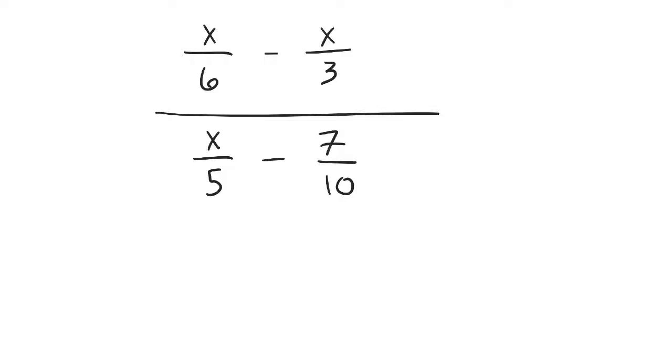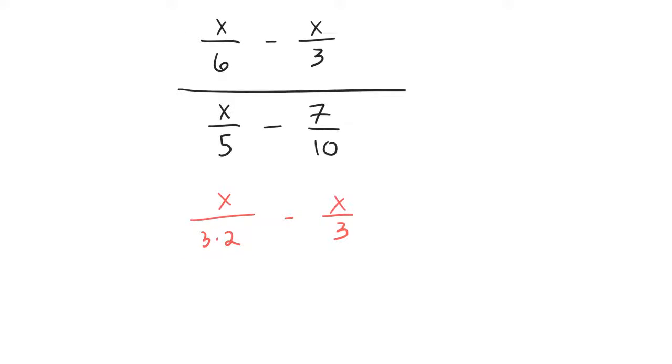Amongst all the denominators listed, what is the common denominator? Amongst all denominators. And if I don't know how to do it, what should I do with all my denominators? What do you start by doing with all your denominators? Yeah, factor them first. So if I'm not sure what's going on here, for the sake of this demonstration, I'm going to do that. X over 3 times 2 minus x over 3 all over x over 5 minus 7